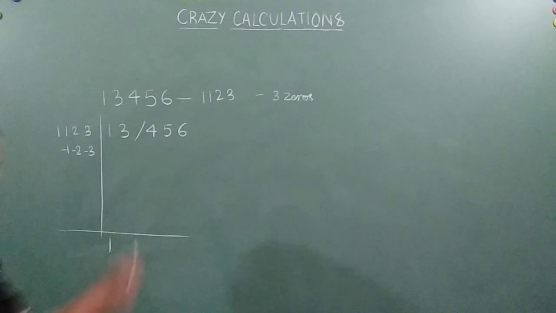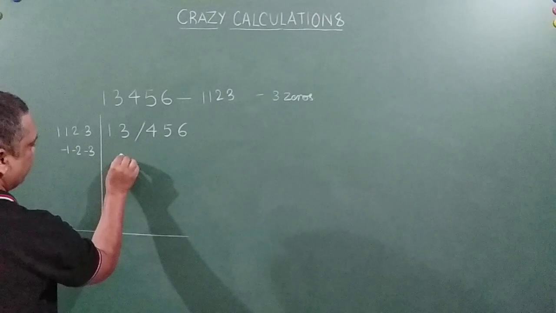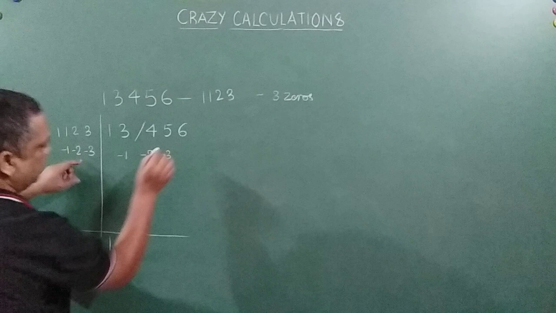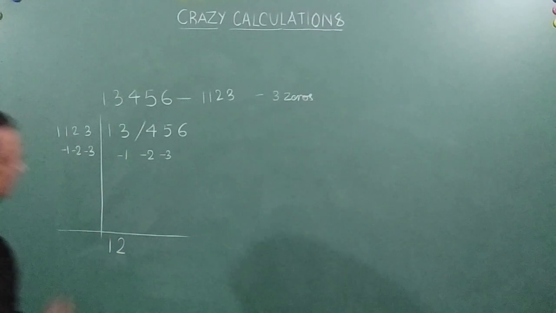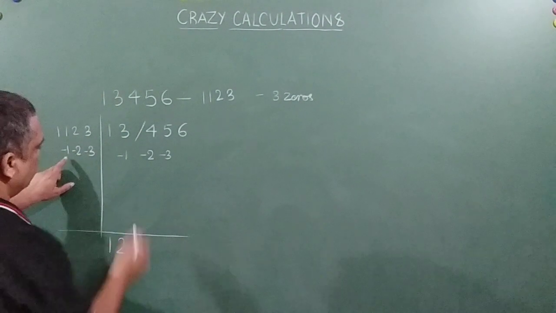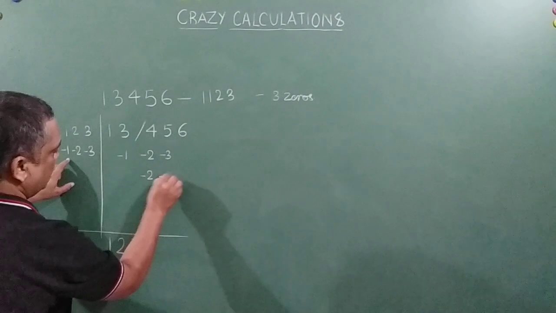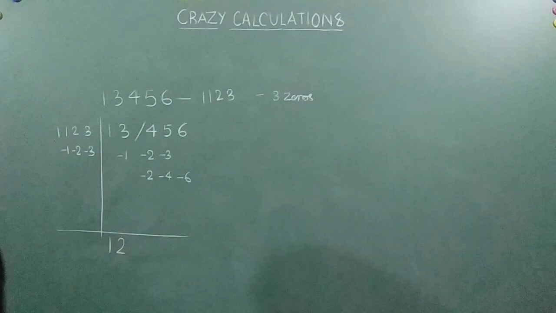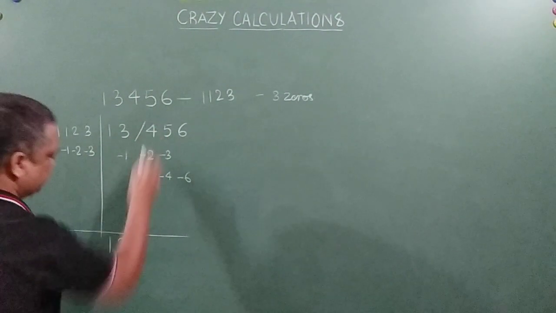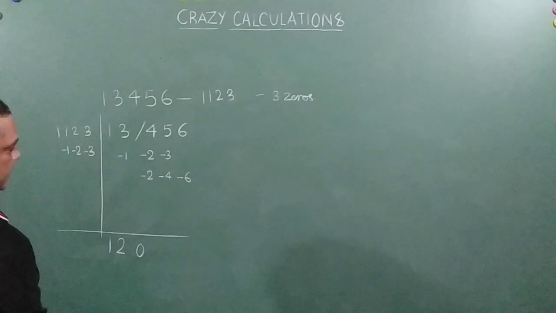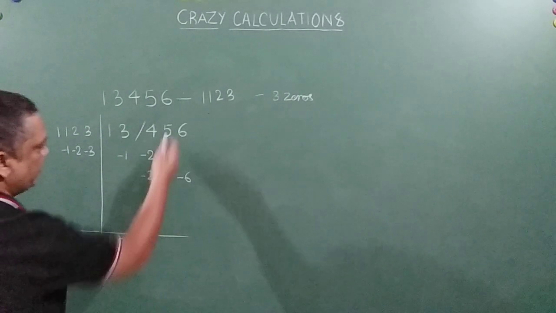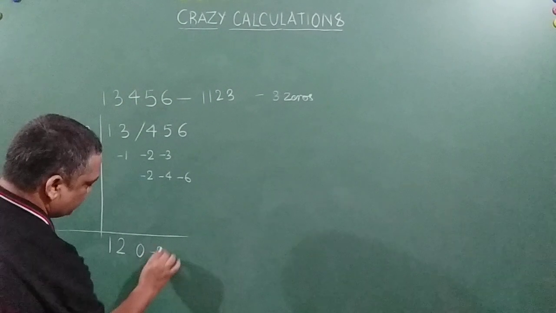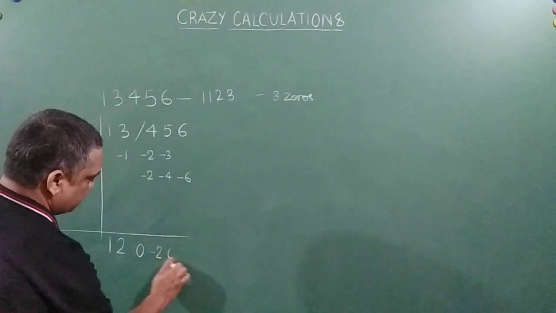1 will come down as it is. 1 into this, that is equal to -1, -2, -3. Operate the second column. 12, 2 into -2, -4, -6. You got it? So I'll operate the third column now. This becomes 0. Since no more further multiplication, I'll operate all other things. So -7 plus 5, that is equal to -2. This is equal to 0.